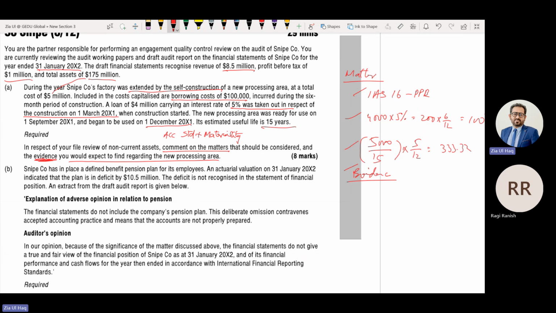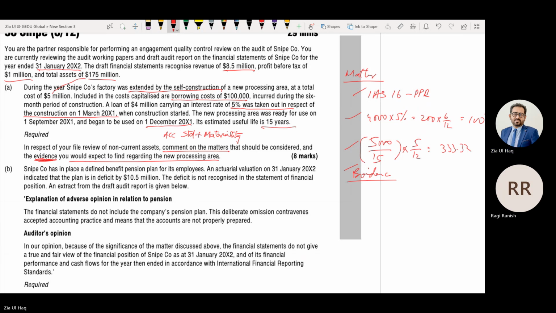After procedure. So while performing procedure, we had physically inspected the asset to verify its existence. So what we will say? Notes of the physical inspection of the asset to verify its existence.